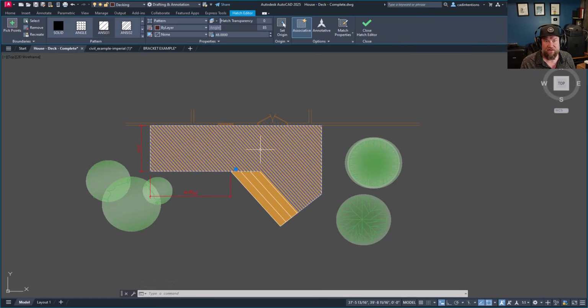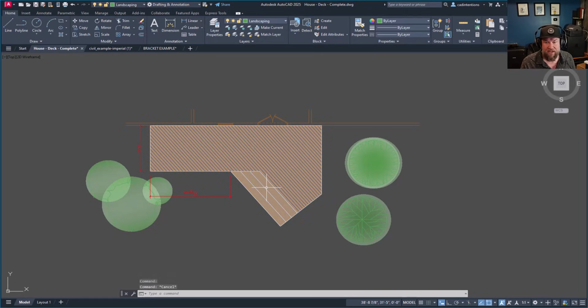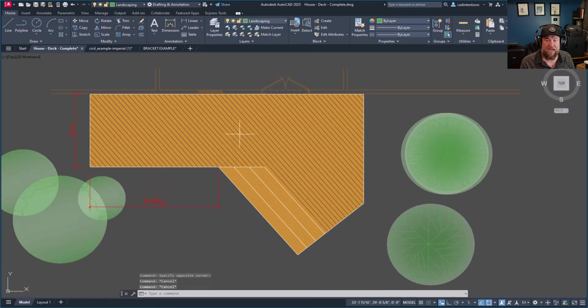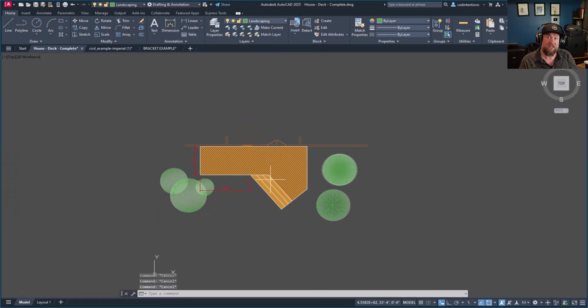So you can see here I've got an angular hatch on top of a brownish hatch for this deck, allowing me to show different patterns and colors to differentiate it from the surrounding line work and objects in a drawing. Now this is great for larger scale site plans where you really need to differentiate different zones or areas of, say, planting or construction. You can show gravel hatches for driveways and paths,